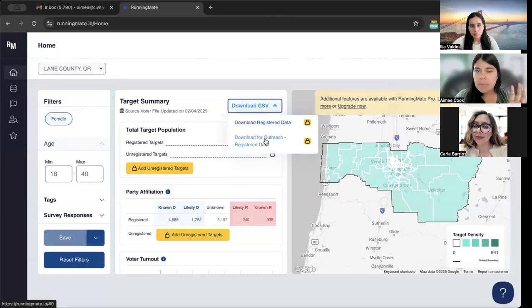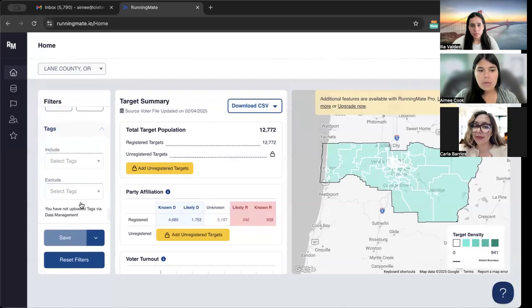So phone number and email address, if we have them, would be included in that download type if this were a paid plan, not the Lite plan. But because it is Lite, we aren't able to download and receive that individual level data. So coming down here,